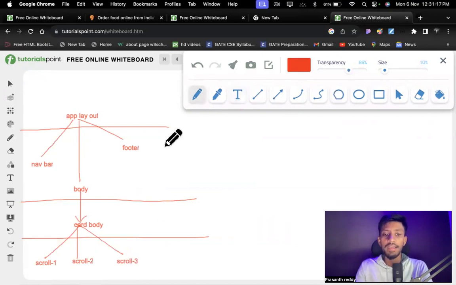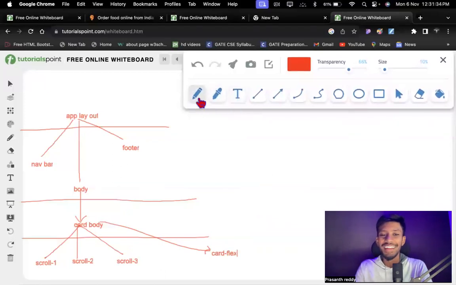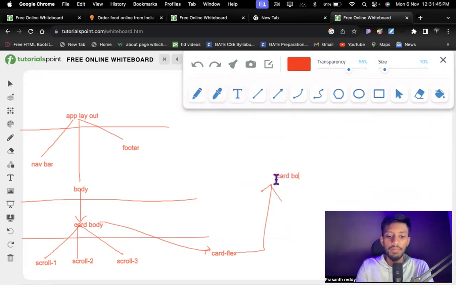And finally, we have this card flex. Inside this card flex, again we have one card body. Let me write it as a normal one, card body. Okay, now this is the hierarchy.